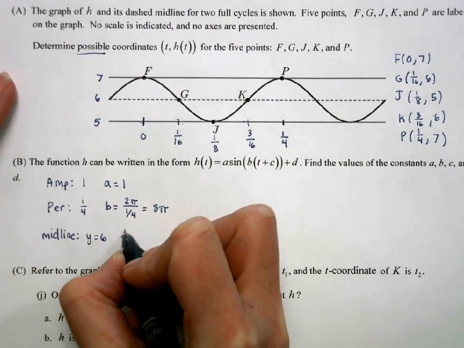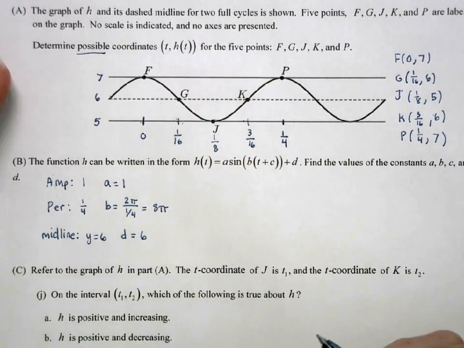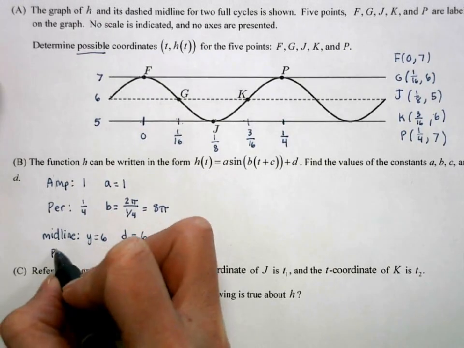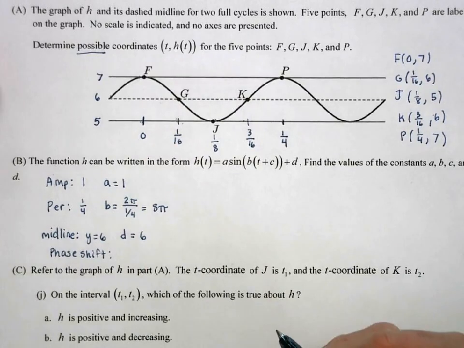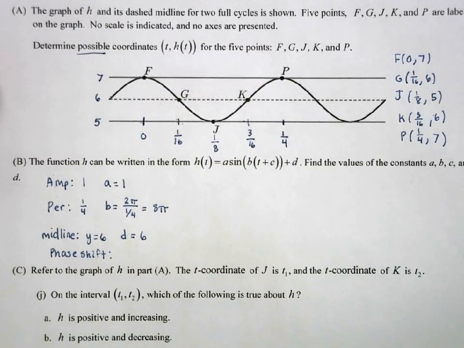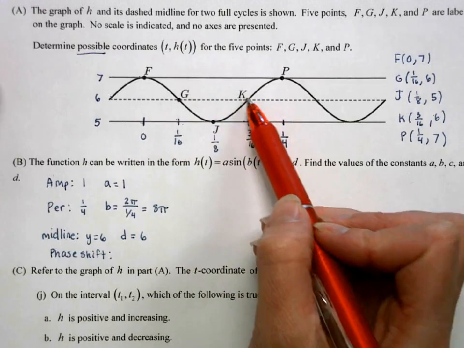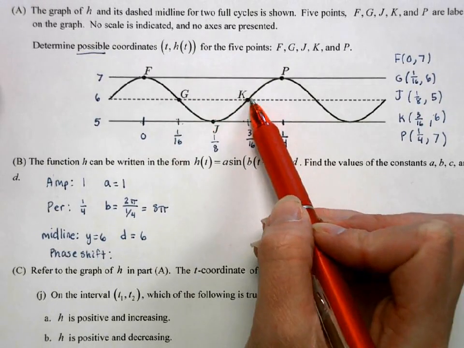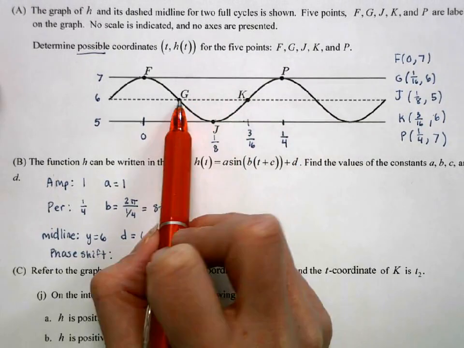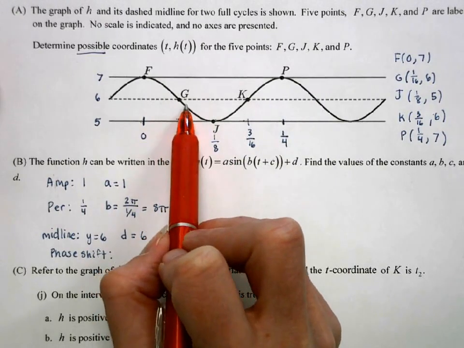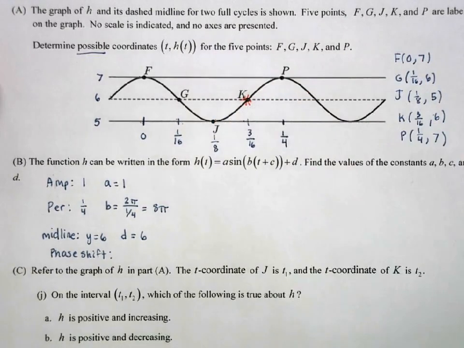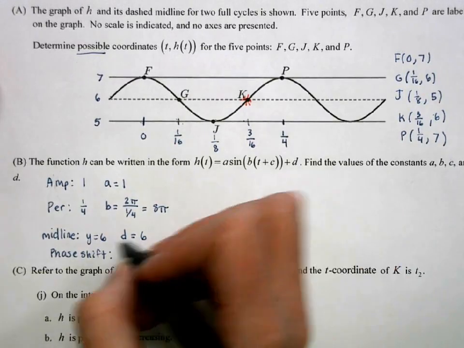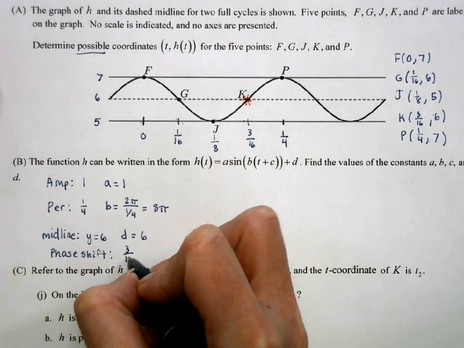And then finally for my phase shift, we have options, just like we saw before. If we're doing a sine, that means we're starting at the midline. So I have 2 points that I could use for that, either G or K. If I use G, I'm going to have a negative sine because it would start down and then back up. If I use my start value of K, which is what I'm going to choose, we're going to have a positive sine. So my phase shift is going to be 3/16, which means my C is a negative 3/16 in